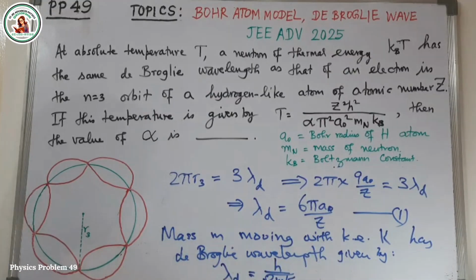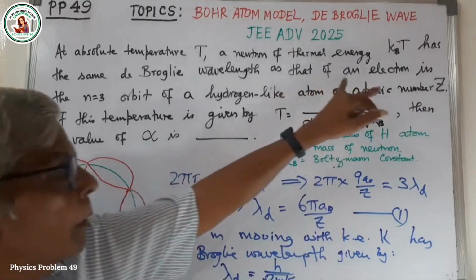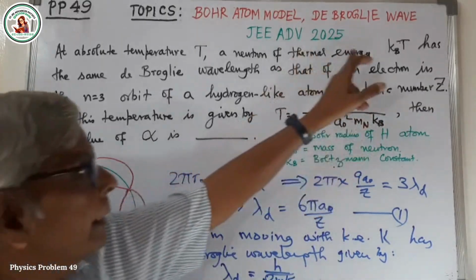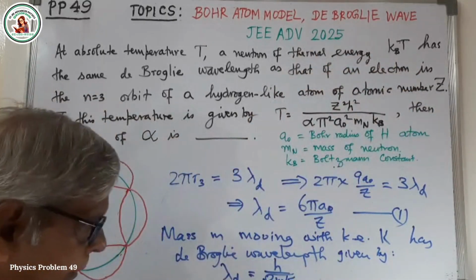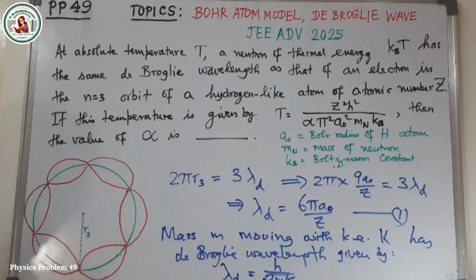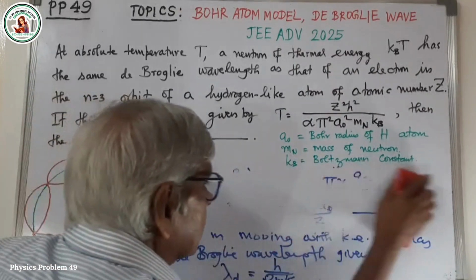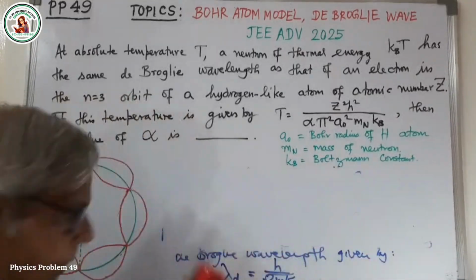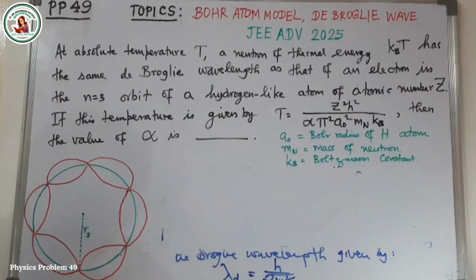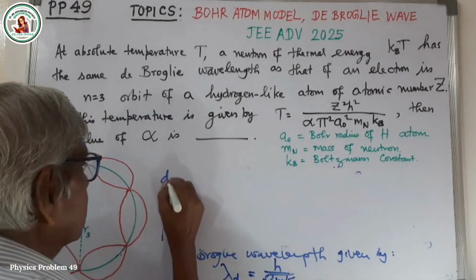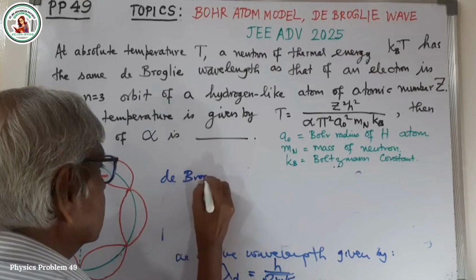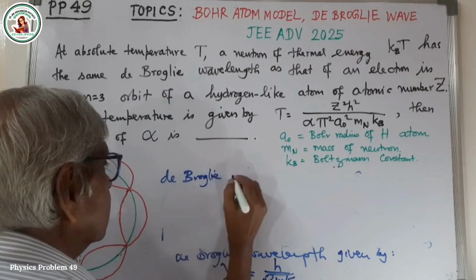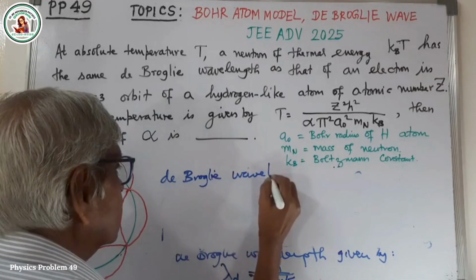So this is the de Broglie wavelength. For the neutron, the kinetic energy is given, so you can substitute here. So using this formula, the de Broglie wavelength of the neutron is